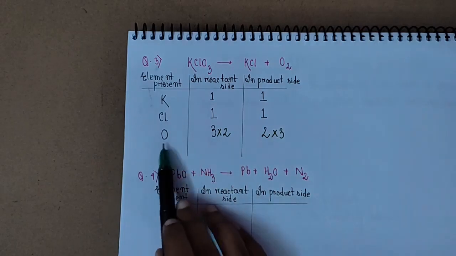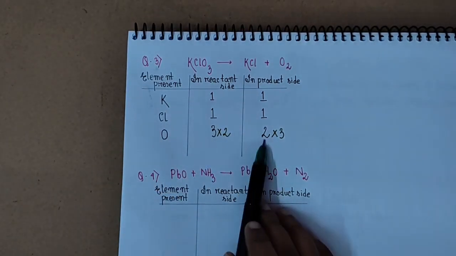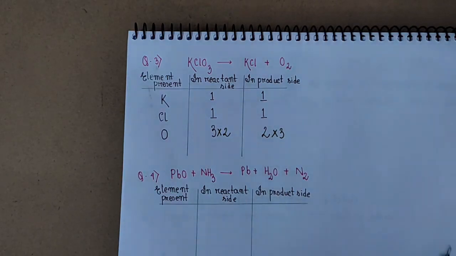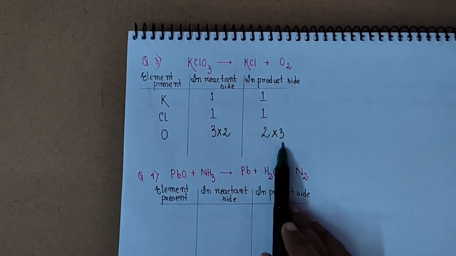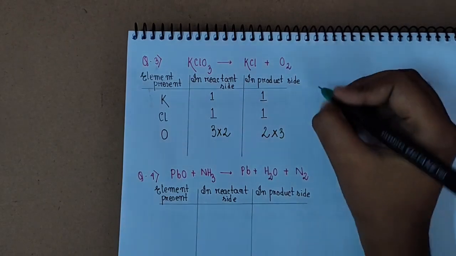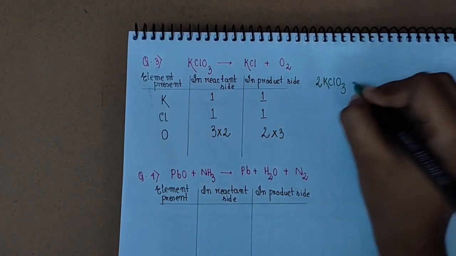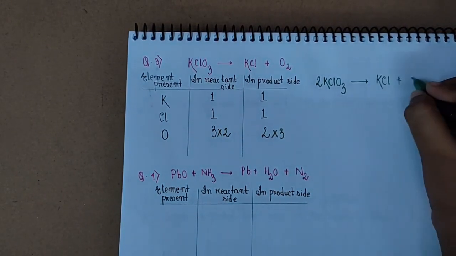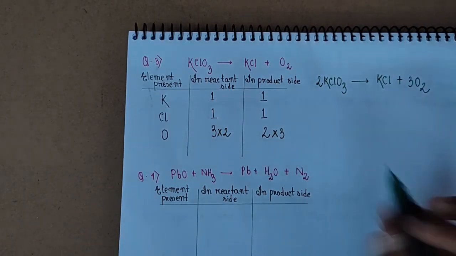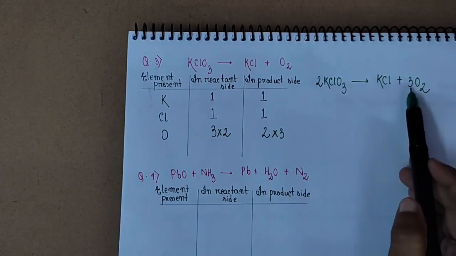So from this it is very clear that the reactant side oxygen as well as the product side oxygen, both we have to multiply with some number. The reactant side oxygen must be multiplied with 2 and the product side oxygen must be multiplied by 3. So what should we get now? So 2 of KClO3 gives KCl plus 3O2. Now these oxygen atoms are balanced, 3 to 6 in the reactant side and also 3 to 6